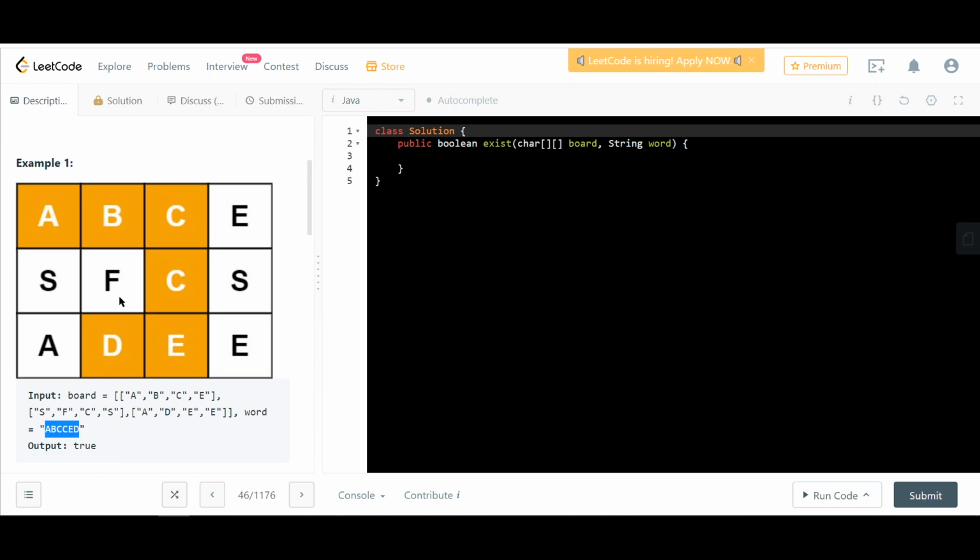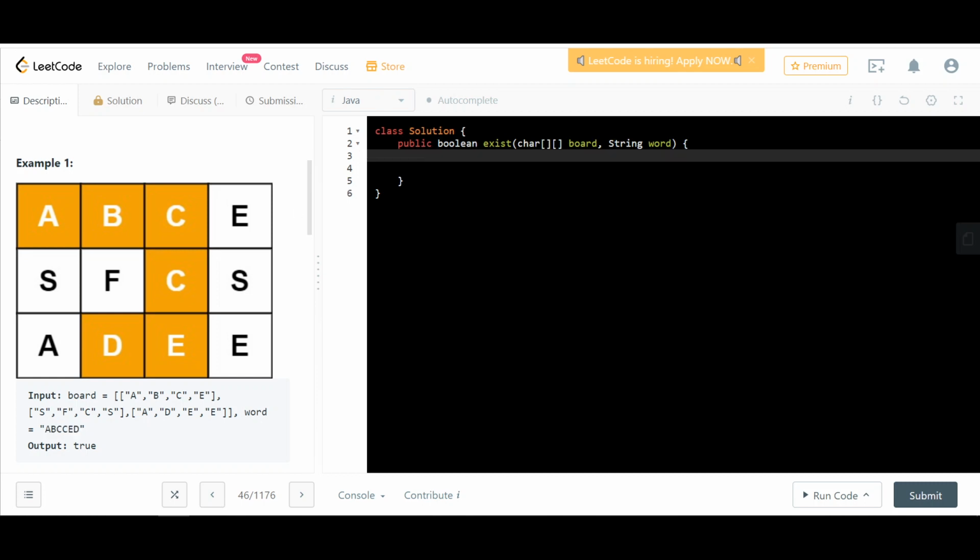So we have to basically do some sort of graph traversal and we have to also backtrack because, basically, if I try F, B, C, C and let's say it does not work, then I want to try F, C, right? Basically when I want to try a different direction, then this node is no longer visited. So when I visit and if that path does not work, then I have to clean up that visited bit so that I can go in a different direction and visit that node from there. So based on all this understanding,